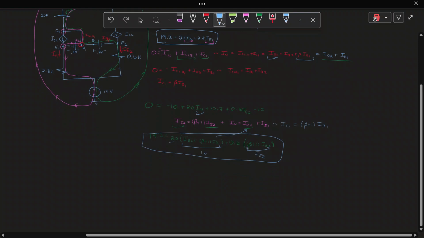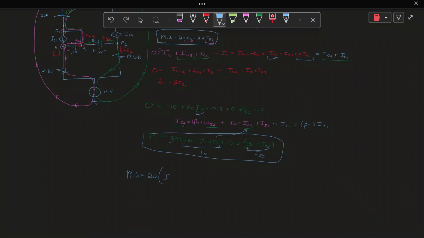So if they're both equal to 19.3, we can set them equal to each other. So the blue equation at the top here, 19.3, is equal to 20 IN1. Well, IN1 is equal to IB2 plus beta plus 1 IB1 plus 2.8 IE1. IE1 is beta plus 1 IB1. And since they're both equal to 19.3, I can set them equal to each other. So now we're going to do the green equation. 20 IB2 plus beta plus 1 IB1 plus 0.6 beta plus 1